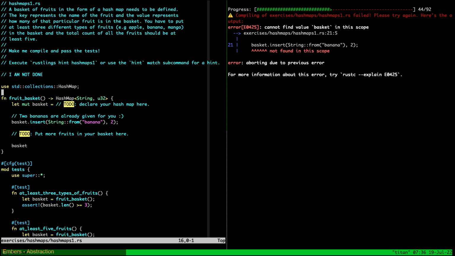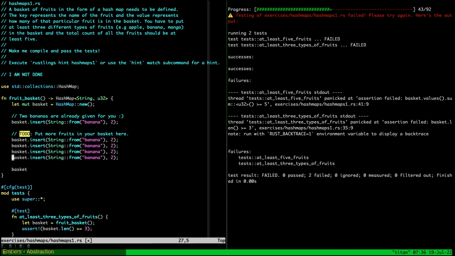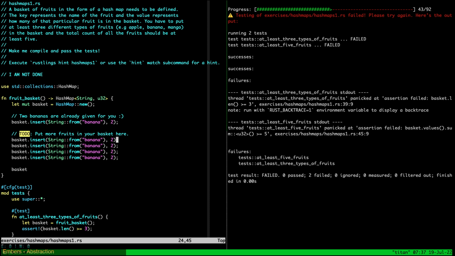Okay, so we're just going to create a hash map here. And then we're going to put more. I think if I run this now, it should at least compile. Right, and at least 5 fruits and at least 3 types of fruits both fail. So let's just copy these, and we need 5. And if I do this now, it's going to pass the first test. At least 5 fruits. Yeah, so I can